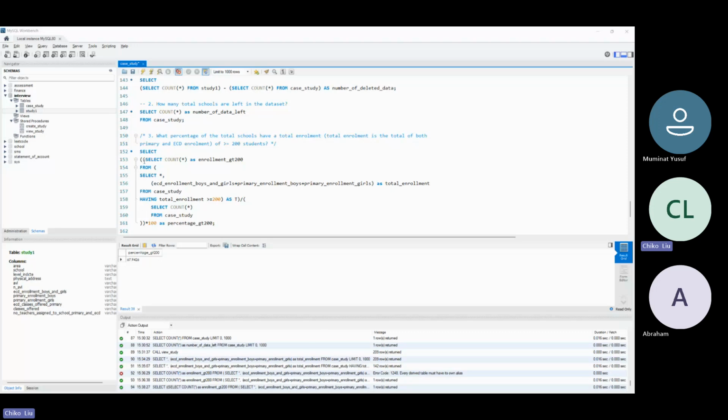The subquery, yes. But did you understand the subquery in itself? Yes. This first subquery is going to give me a summation of ECD enrollment boys and girls, primary enrollment boys, primary enrollment girls. That is what I did, that have a total enrollment of greater than or equal to 200. If I run it,